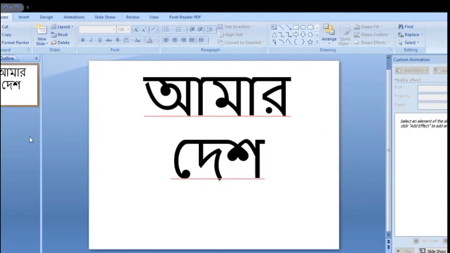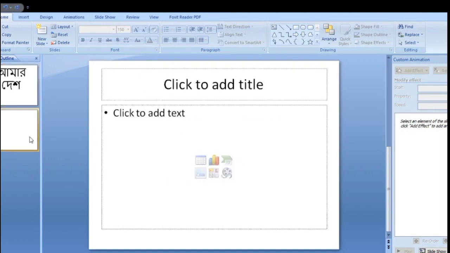Again, you can put the command from the keyboard, Ctrl plus M, and a new slide appears. So now we know three ways to take a new slide. Okay.